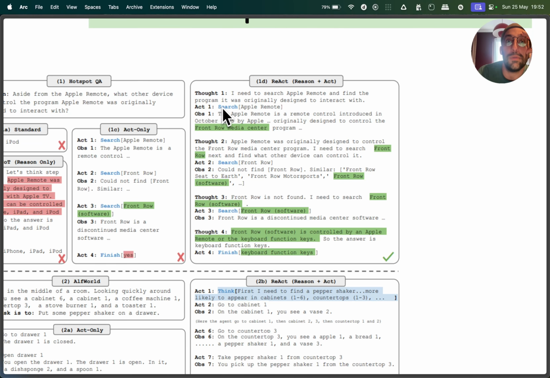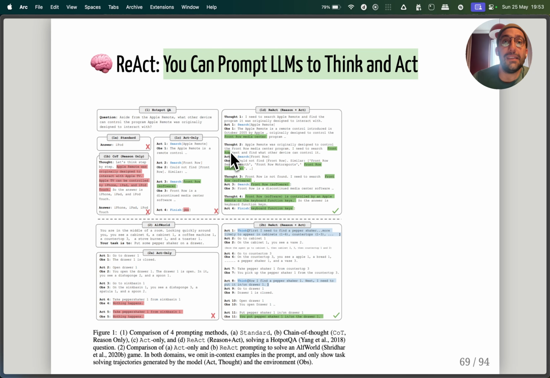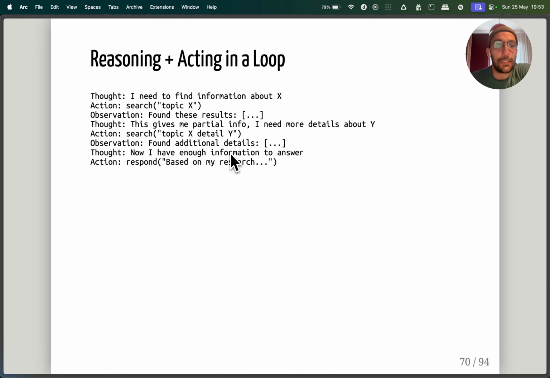Then Act 1 would be this search action. And then the observation would be the result of the action that was generated. So they saw that you could prompt these models to interleave thoughts and actions.